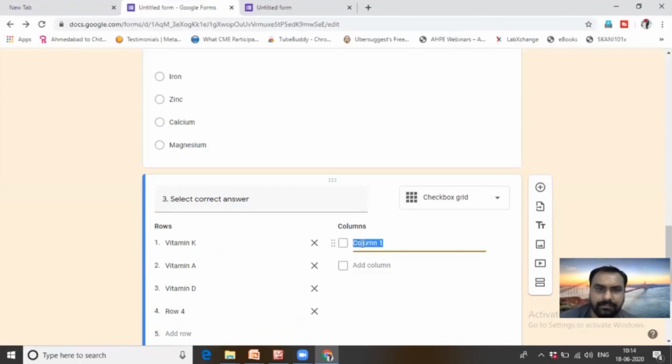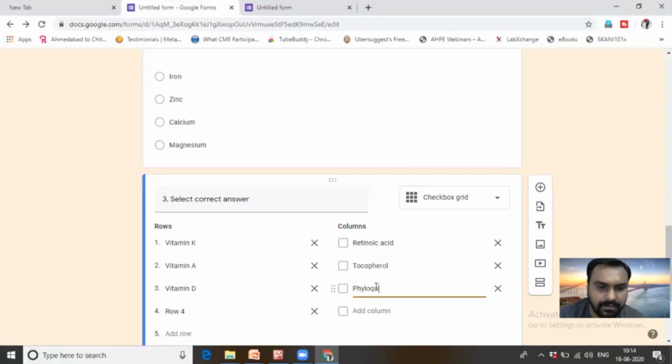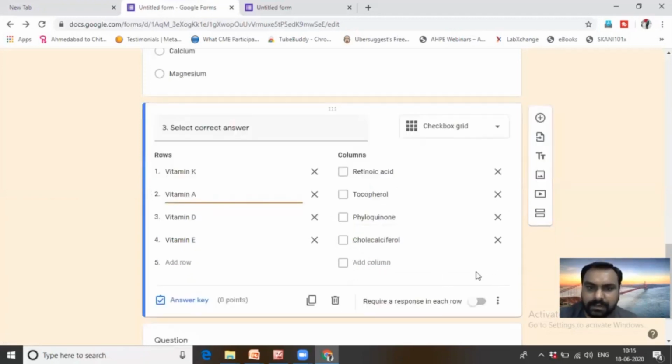In the column, the options will be like retinoic acid, then tocopherol, phylloquinone, right? Require a response in each row. So if you want to select this, it is compulsory for every answer. Now you can select the points.